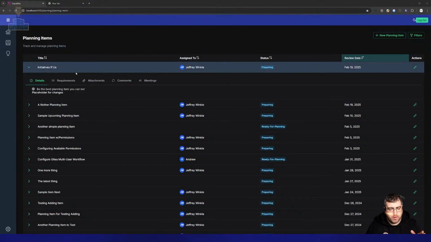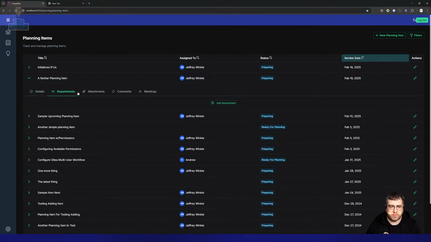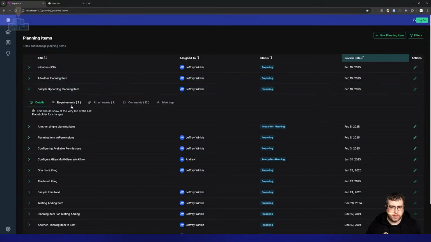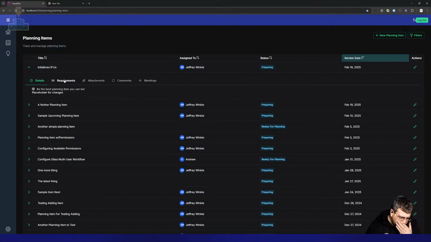So the problem there is when I expand this, it calls fetch one, so it gets the detail because it pulls the requirements and everything else, right? What was happening is when I hit edit initially, it just takes the planning item as it is. It assumes that everything's good. So it just reminded me that I need to consider